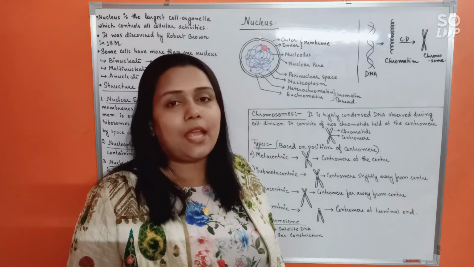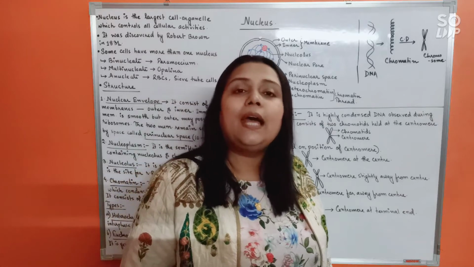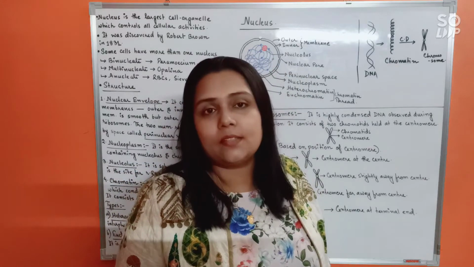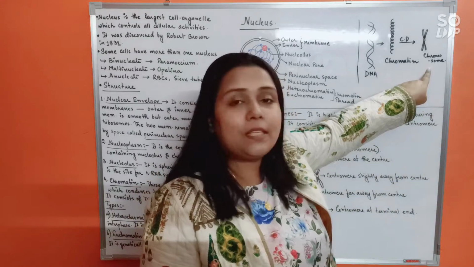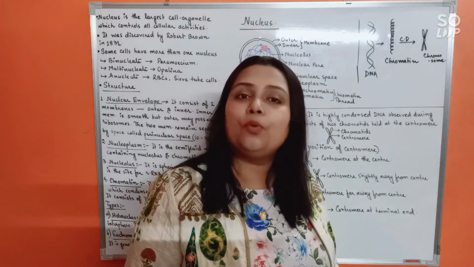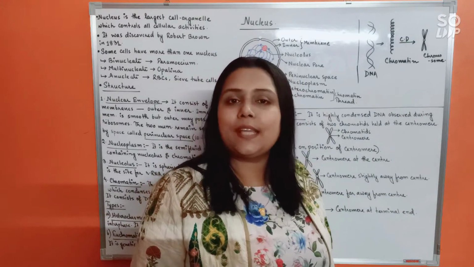Alright. Now the cell does not require the codes to make any protein as such, and it is at that time that the DNA can become very much condensed, and this highest or maximum condensed form of DNA is going to be known as chromosome. Understood? So chromosomes can only be observed during cell division.